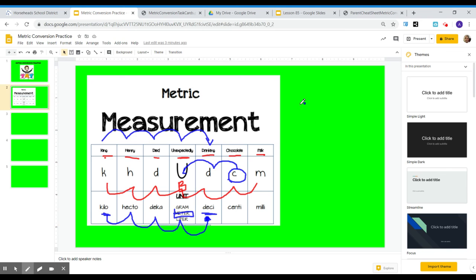I also think of Mr. DL. And if we were in school, I would talk to you about that. When you multiply a number, you're moving your decimal to the right. If you're dividing, you move your decimal to the left, to the left, to the left. Okay, so I'm going to